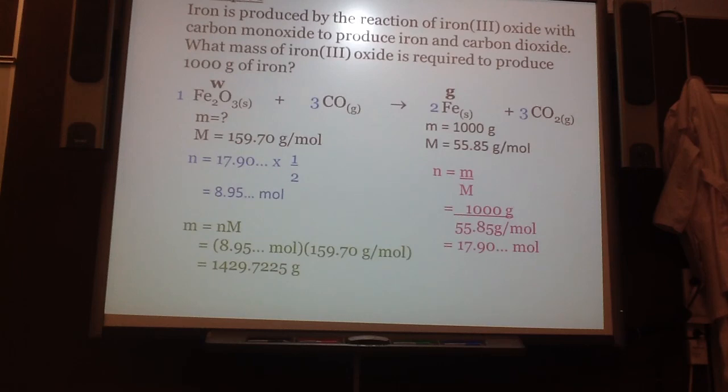But that's not in sig digs. So we have to put that into sig digs. Well, we actually have 4 sig digs here to work with, which is kind of nice. So it rounds up to 1,430 grams. That's a lot. But if we need to make 1,000 grams of iron,